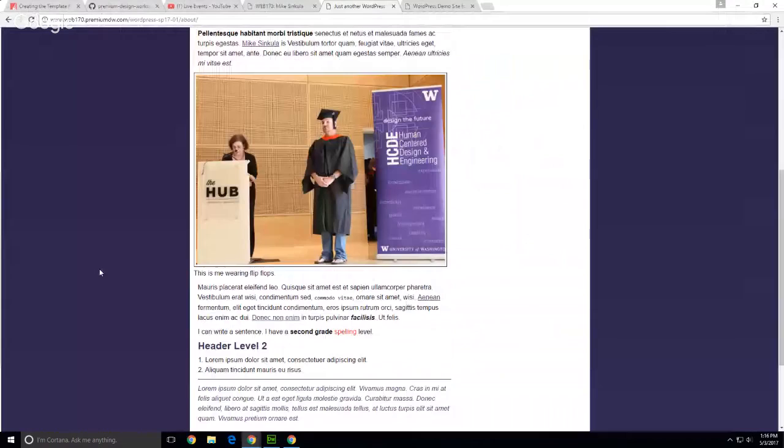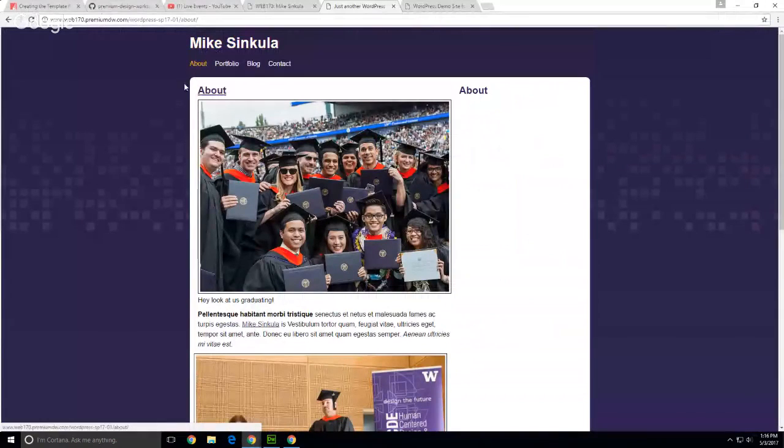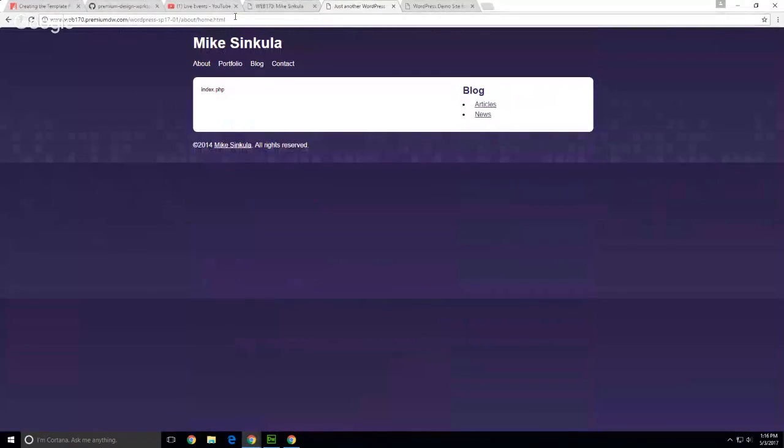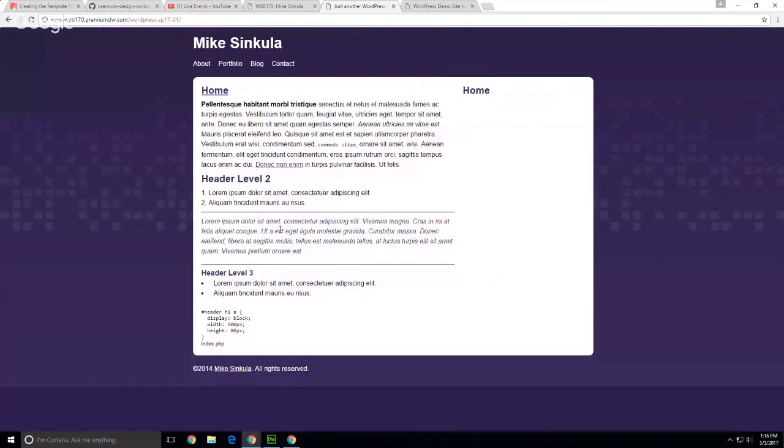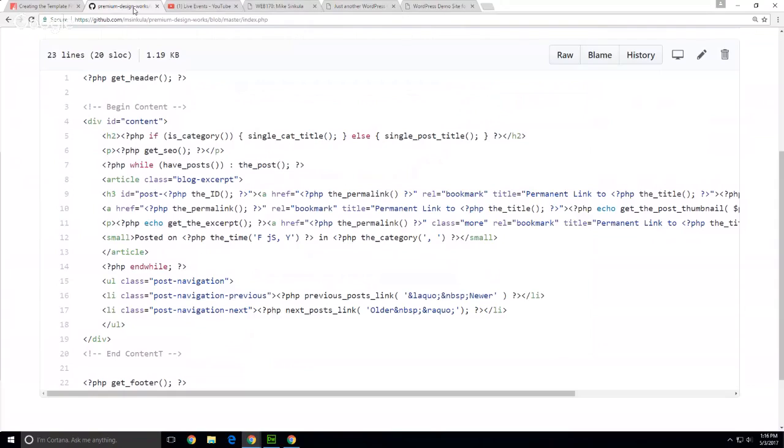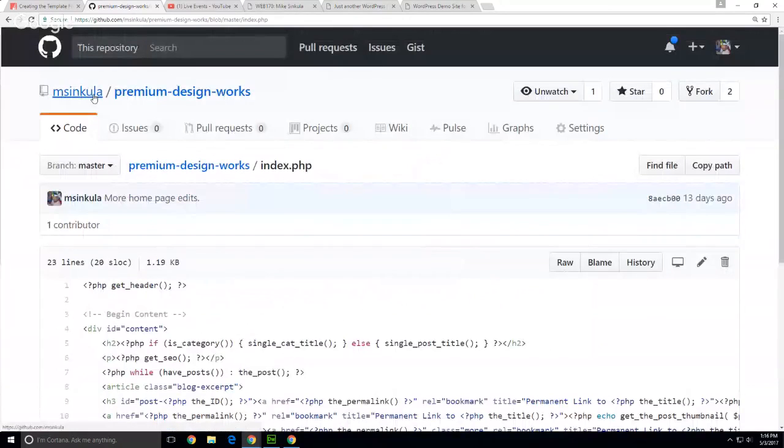So no matter where we are on the site, whether we're on the home page, I still need to make the link to the home page, don't I? Right? Let's actually make the link to the home page really quickly. There's different ways of doing it, but